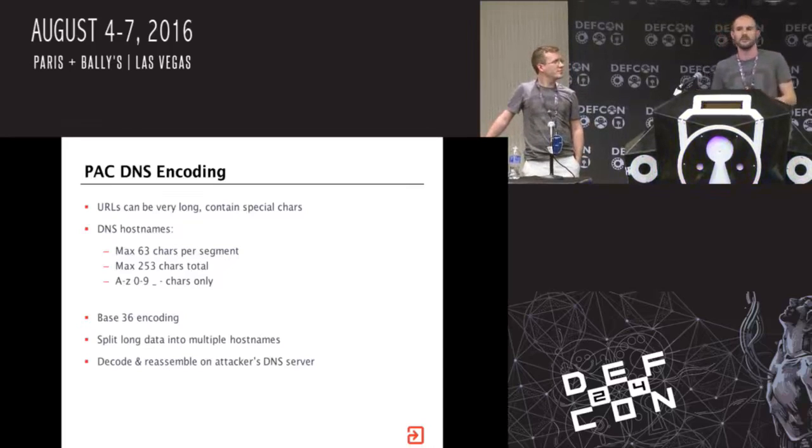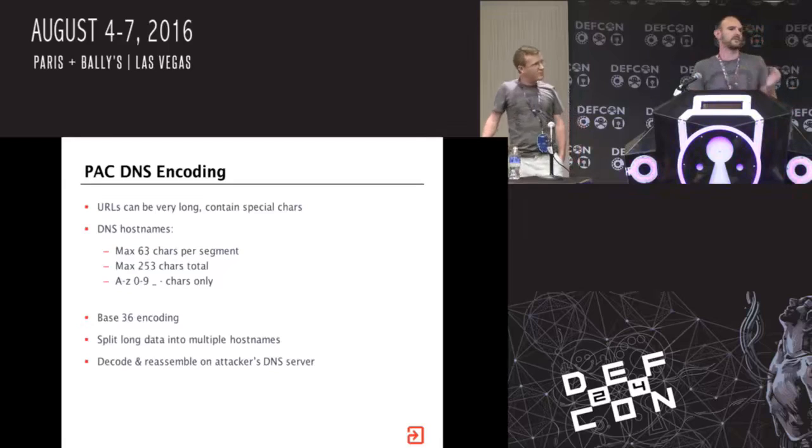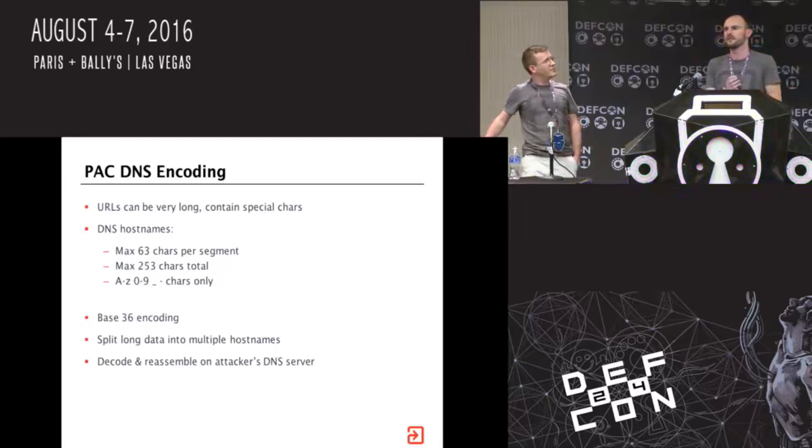So the first thing we have to consider is DNS. So leaking data over DNS. DNS actually has a kind of limited character set, so we can't just throw in any data we want. It's got to be within the A-Z, 0-9, underscore and hyphen range, I believe, and obviously periods. You can have a maximum of 63 characters per subdomain on a DNS lookup, and a total maximum of 253 characters. And that's just to do with the way that DNS has been set up.